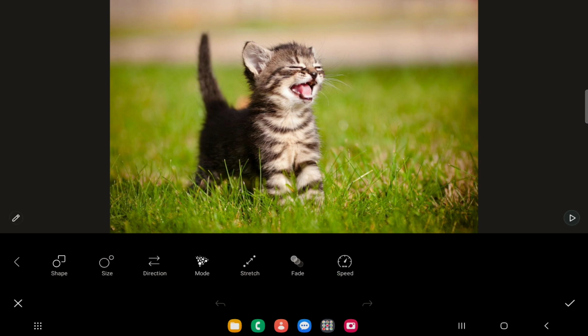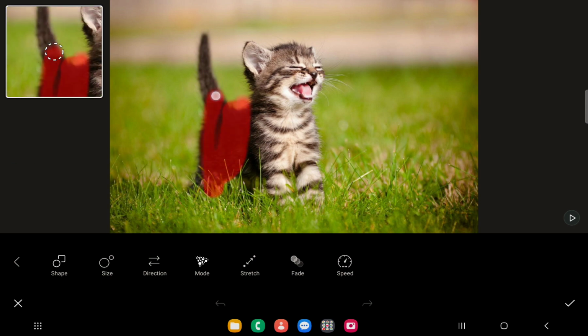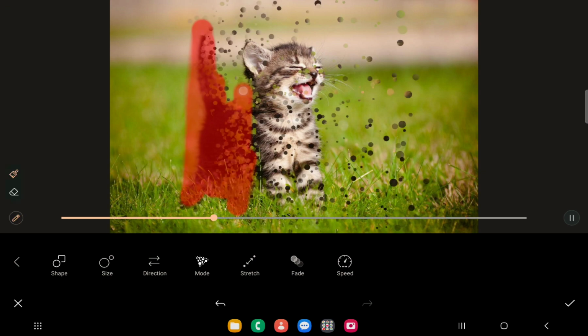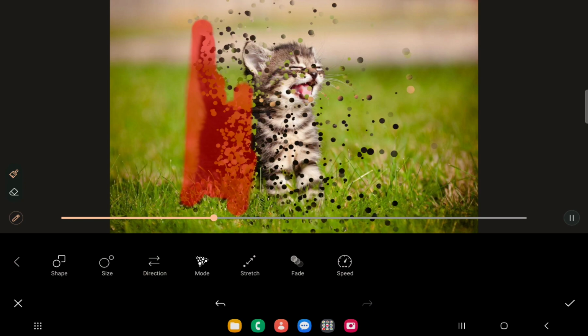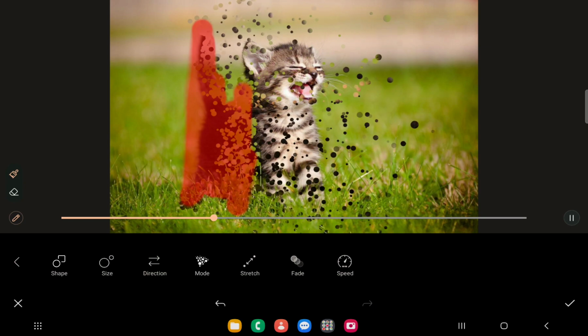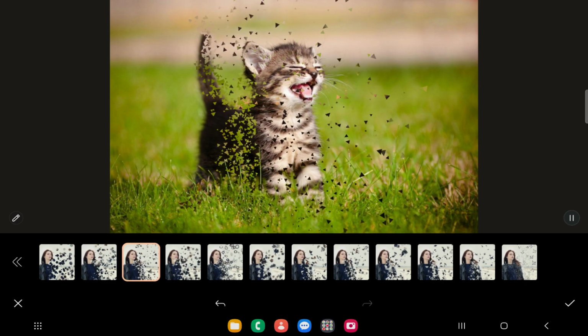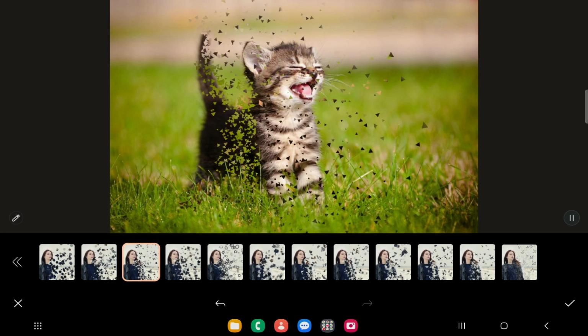Then you can find a small pencil on the left. Click on it. You can even adjust its size, and you can choose the parts you would like to dissolve, and basically that's it. But you can also choose the shape of the particles